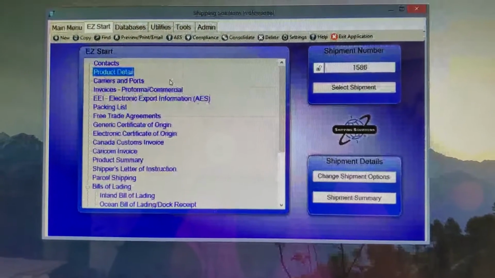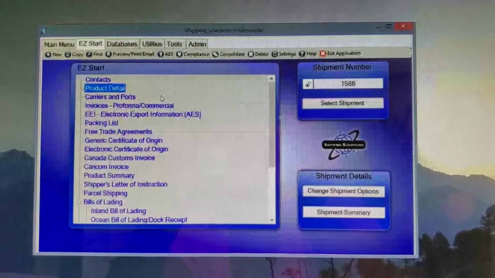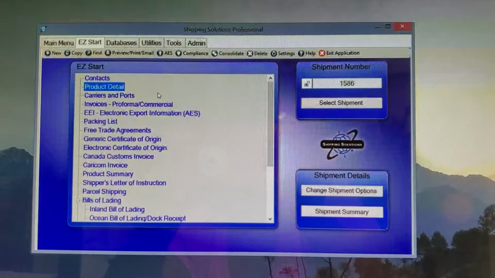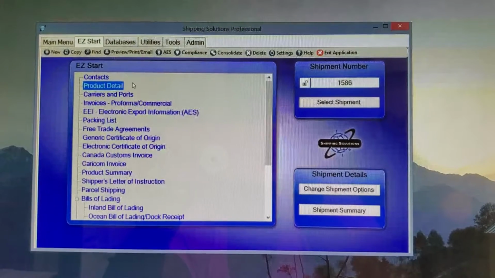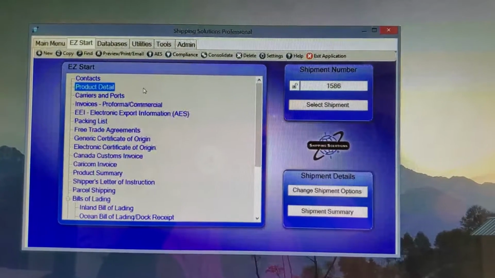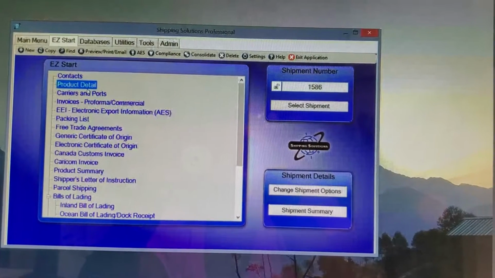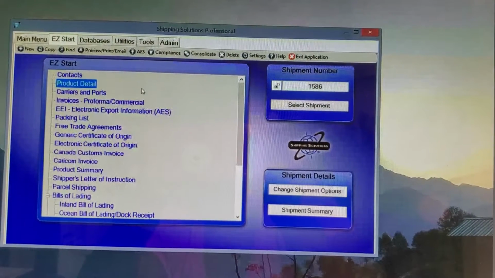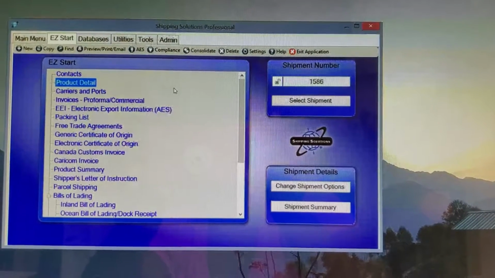So what I'm showing you so far is how you use it as a standalone. And as you can see, when you're using it by itself, the databases are really where it's at. That's how the software saves you time, by letting you pull in your contacts and product detail and potentially all these other different pieces of information from the databases. But if you did set up the ERP integration,